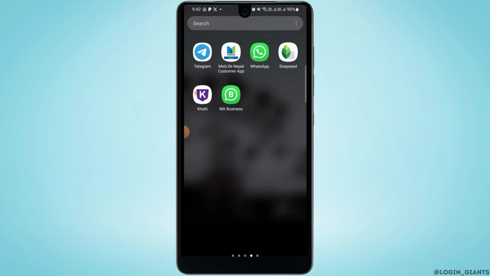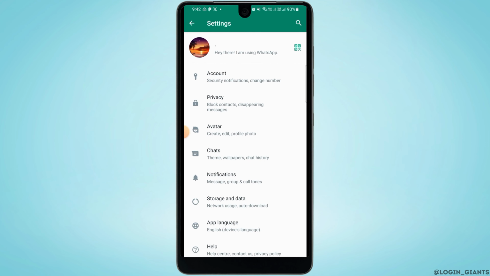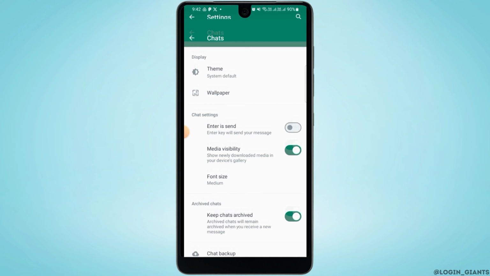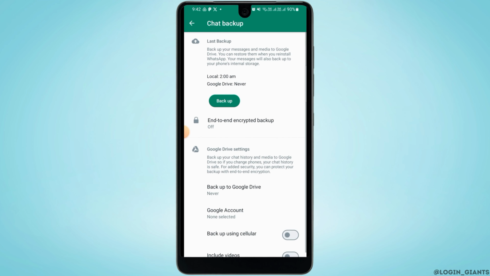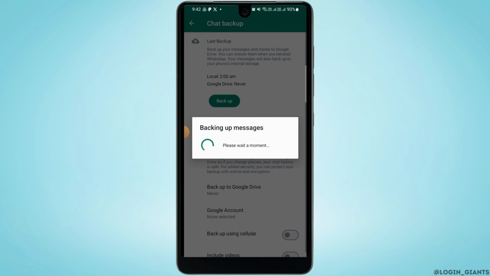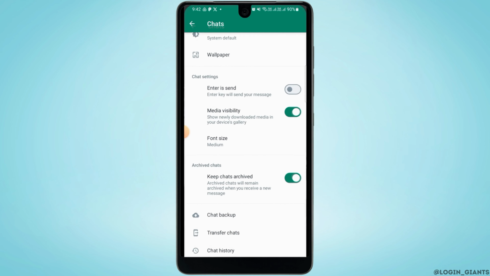The first one is open up WhatsApp and you want to tap on the three dots at the top right corner of your screen. Now tap on settings. Here you want to tap on chats and then you want to tap on chat backup. So over here you want to tap on the backup option and make sure that all of your chats are backed up. So once you have done that, you want to head over to your Play Store